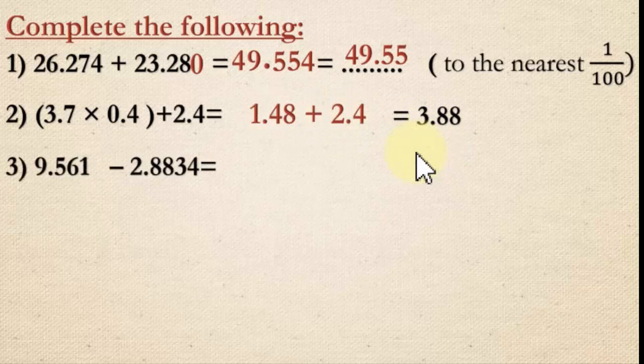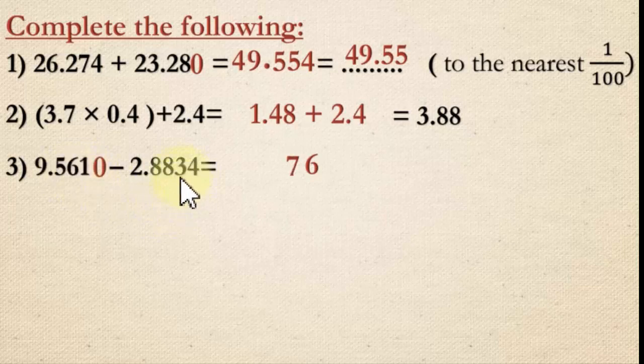How can we subtract 2.8834 from 9.561? Here we have 4 decimal places, but there we have 3. So put 0 to the right of 1, then subtract. 0 minus 4, it can't, it's impossible. So borrow 1 from here, 0 becomes 10, 10 minus 4 equals 6. 1 becomes 0, 0 minus 3, it can't, so borrow 1 from 6, 6 becomes 5, and this 0 becomes 10, 10 minus 3 equals 7,